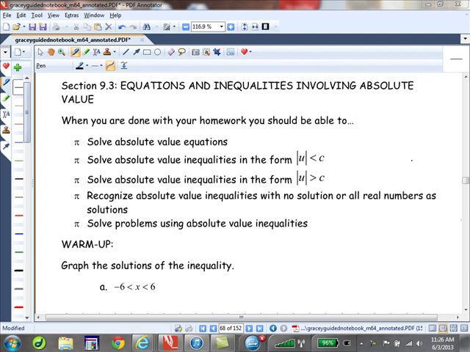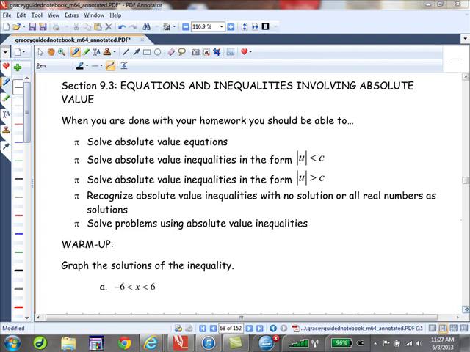We'll be looking at how to solve absolute value equations, how to solve absolute value inequalities in two formats, less than and greater than format, and talking about absolute value inequalities with no solution or infinitely many solutions, and then solving applications using these skills. So warming up,